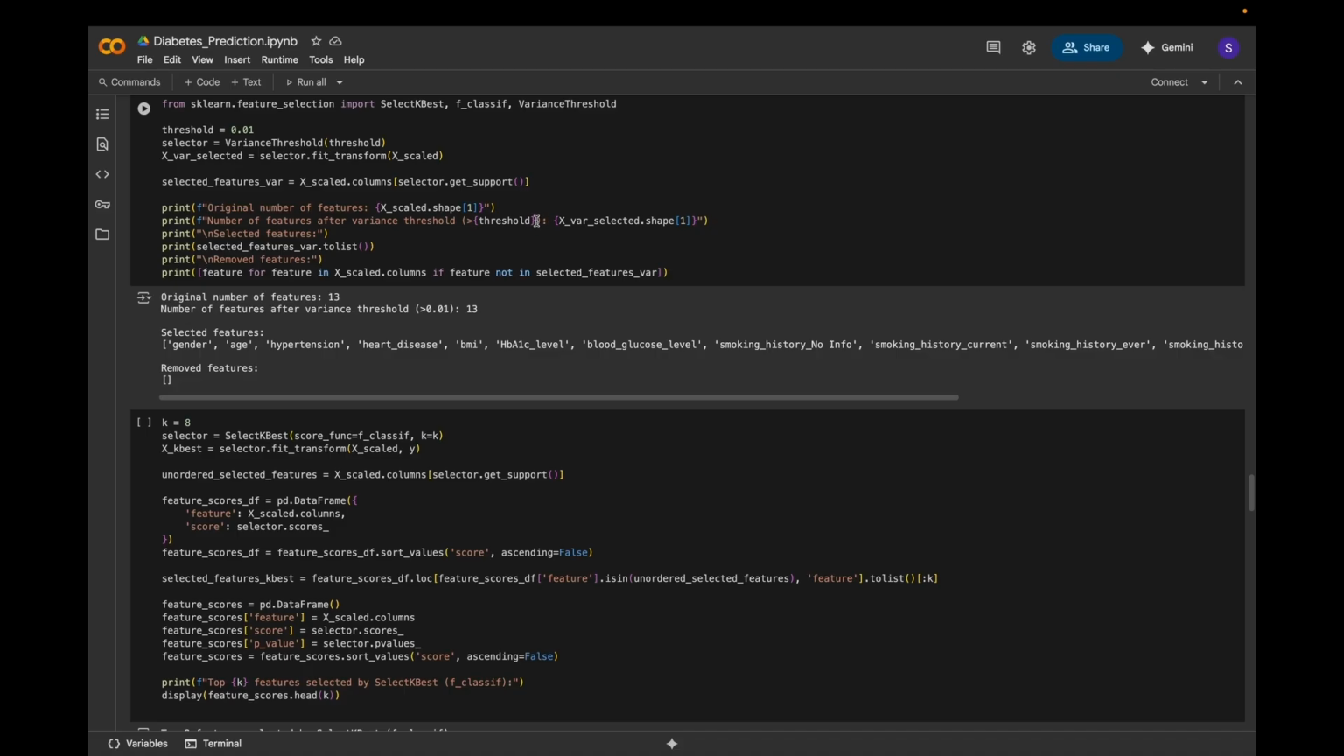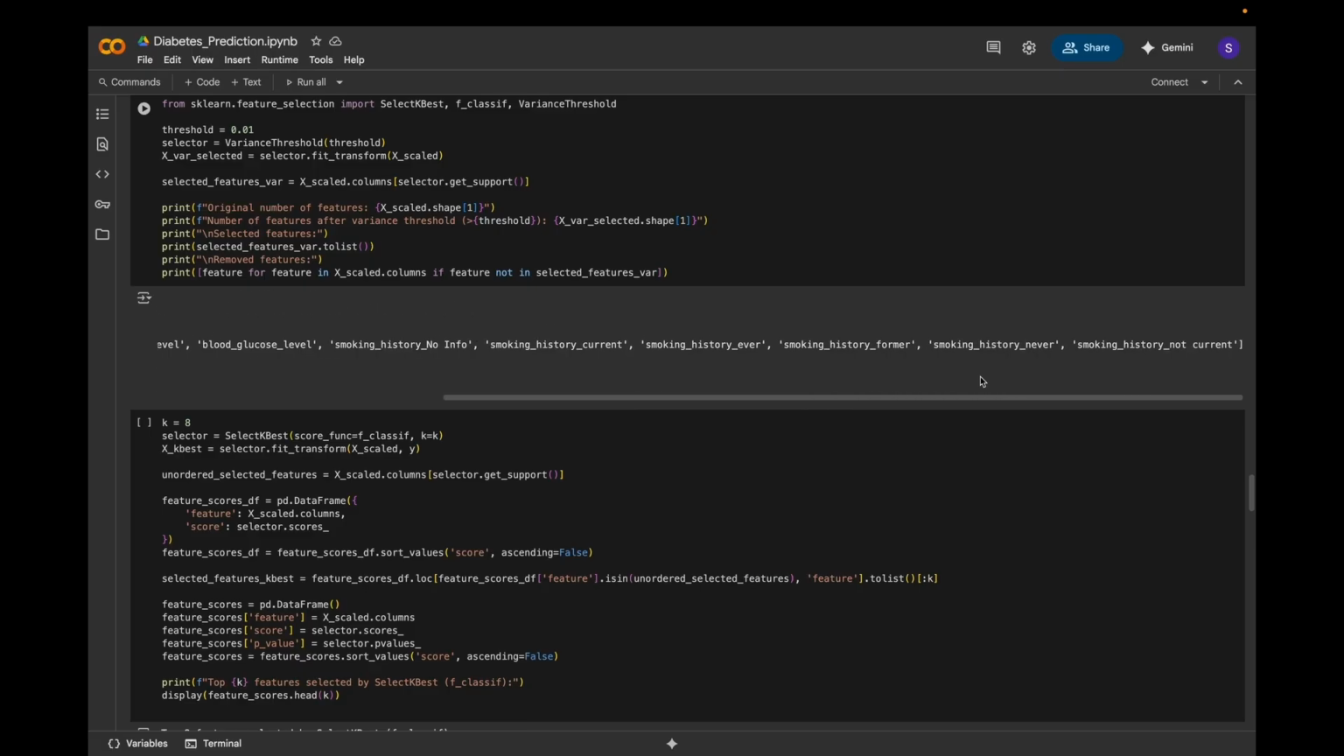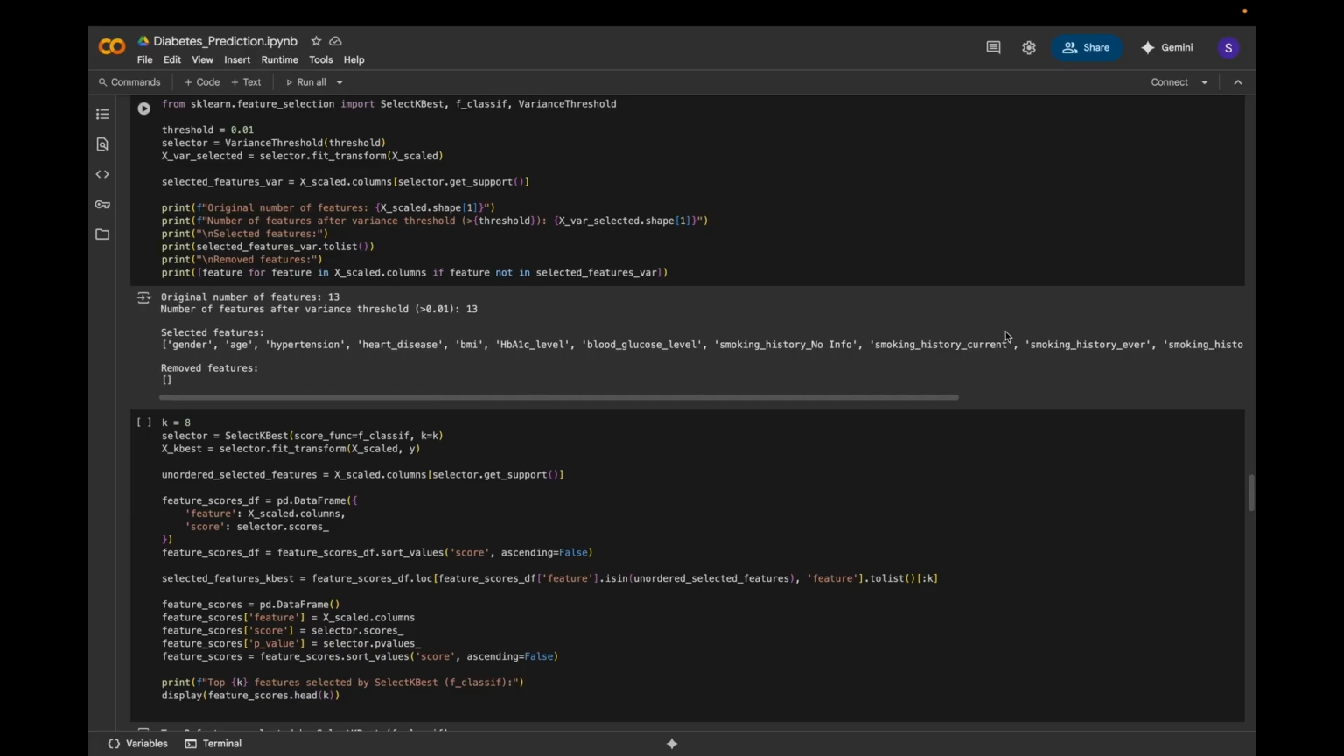with less than 0.1 variance, by using x_variance_scaled.shape[1]. Then it displays the list of selected features that got past the variance threshold, those with variance greater than 0.1, showing us which features had significant variance. Finally, it prints the list of removed features, those with a variance of less than 0.1. So the original number of features is 13, and the number of features after the variance threshold is still 13. The selected features are from gender, age, all the way to smoking history not current,